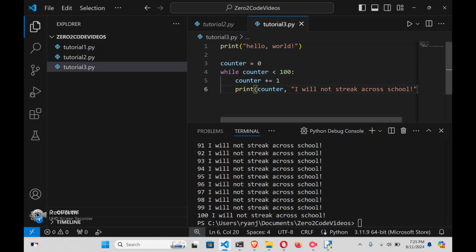Okay, very good. Make sure you save each time before you run. Otherwise,